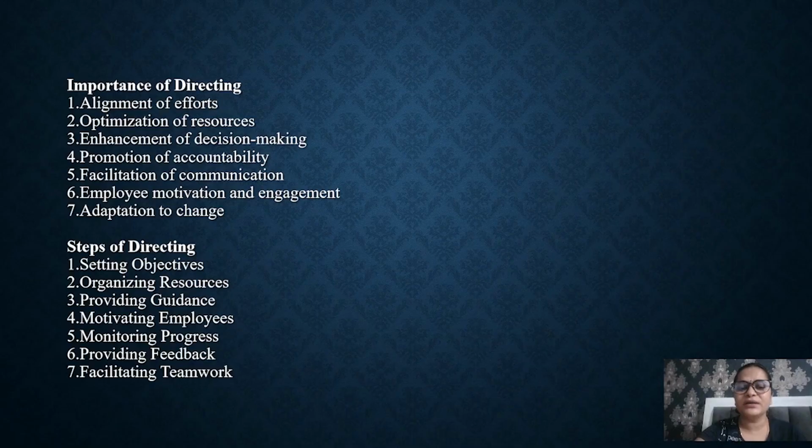Now we can see that after going through all the importance, we can say that directing serves as a cornerstone of organizational management, which means that it helps to encompass the alignment of efforts, optimum utilization of resources, and even the enhancement of decision making, promotion of accountability, and it facilitates better communication. It helps to motivate the employees, and it helps to adapt to the changes whatever are prevailing in